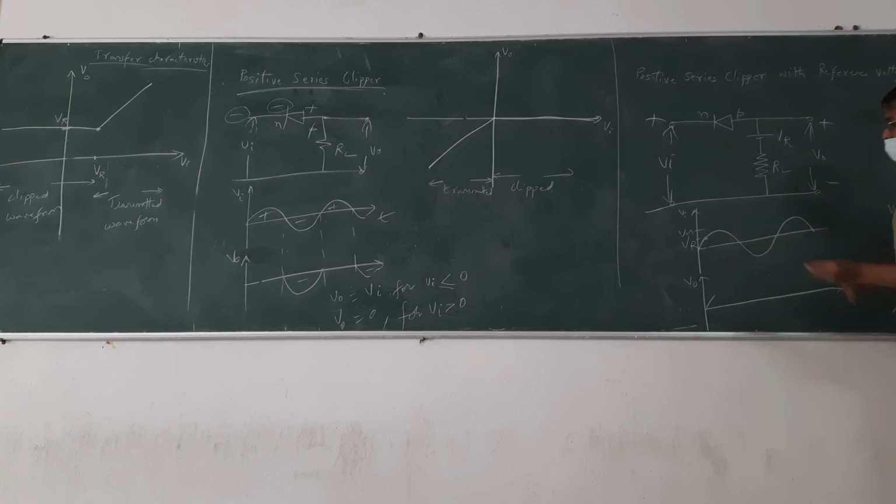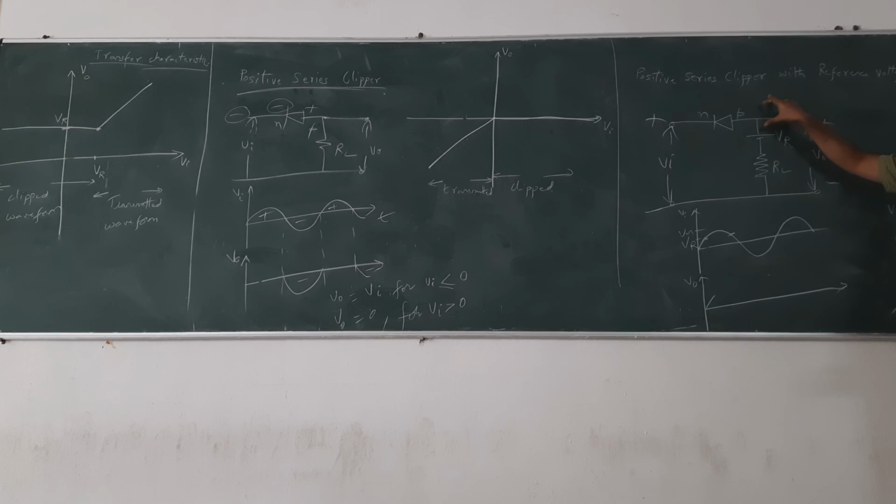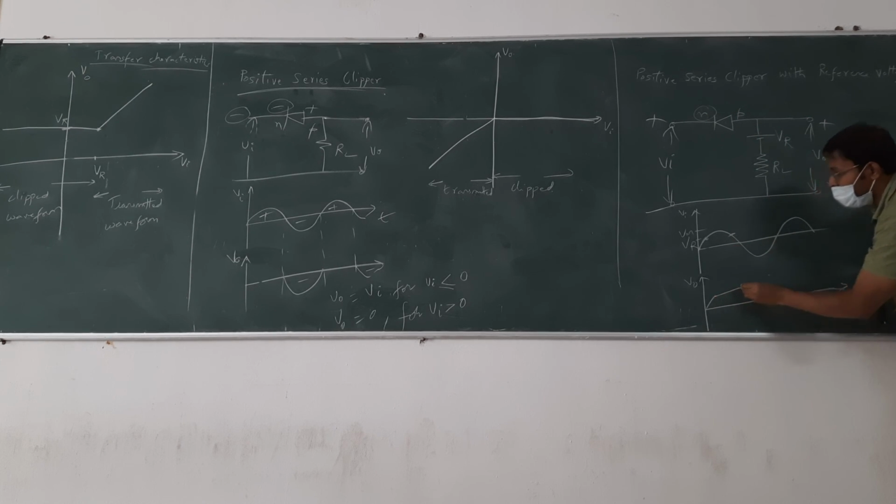Next here, from this point to this point, the input voltage is going above VR. So the voltage here is greater than the voltage here. So the diode is off. Inside voltage is more. Off means VR, because there is no connection. Only one voltage source, so VR. So it will become a constant VR.